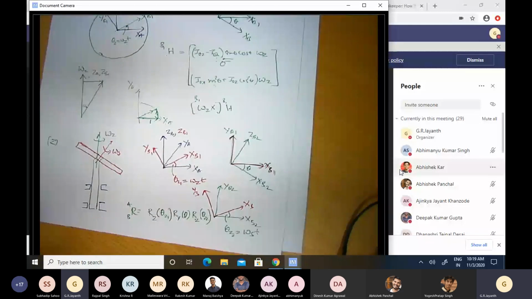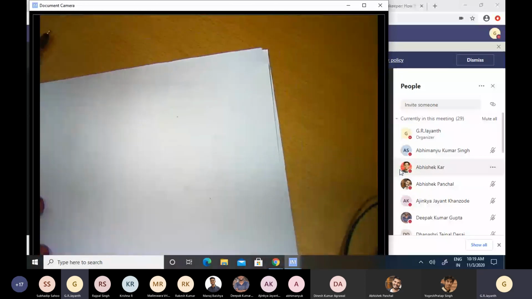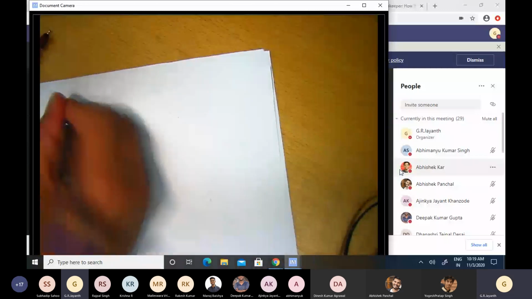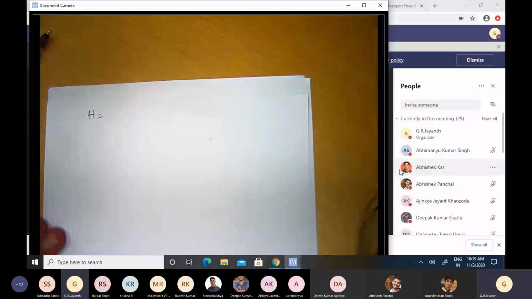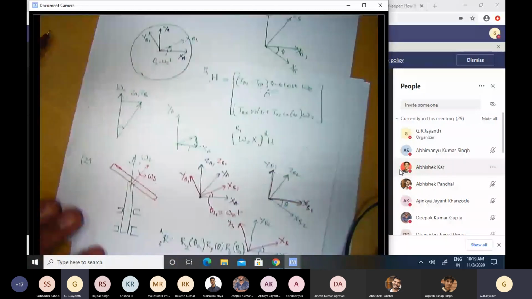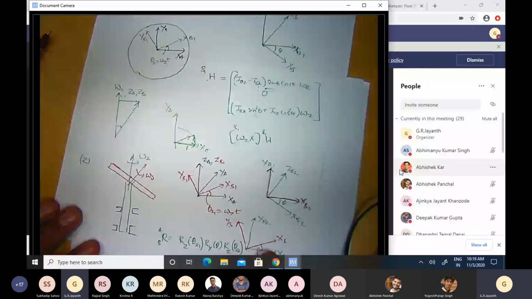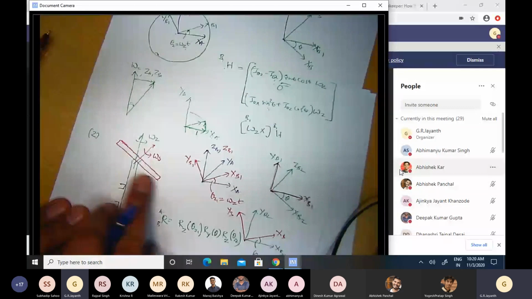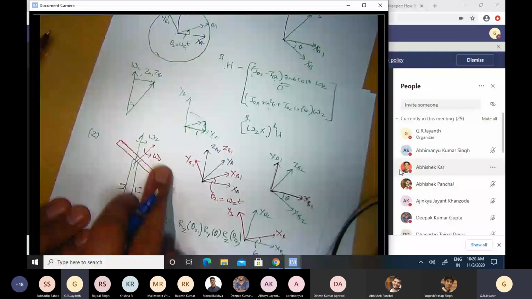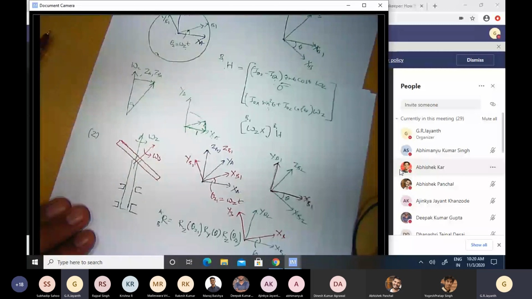So what we noticed in this problem was that the total angular momentum H was equal to... we had to first decide which frame to go with. We had a small discussion on that. We noticed that in the B frame, which is the traditional conventional frame in which we write the equations, the omega z vector would change as a function of time. It would rotate about the omega s vector. So we didn't want that change of vectors with time to exist in the frame that we picked.